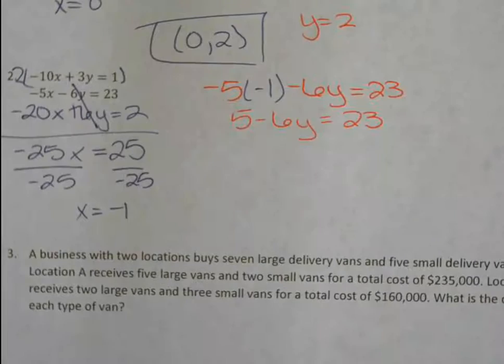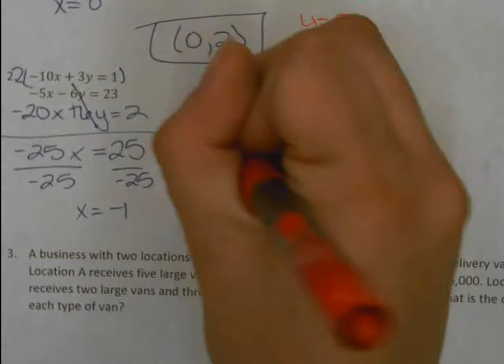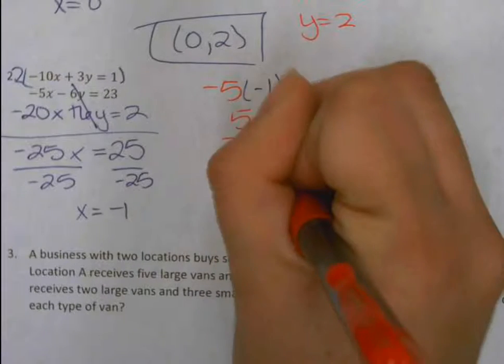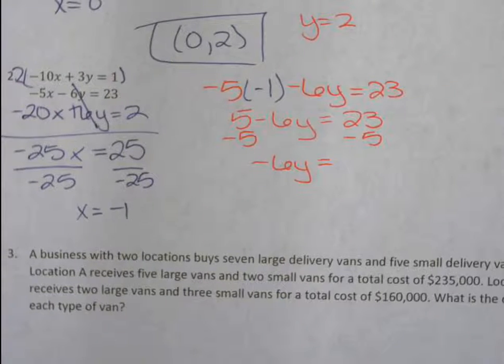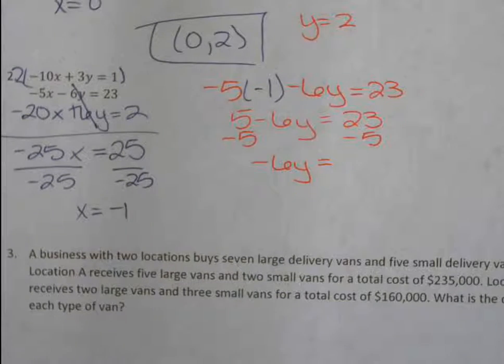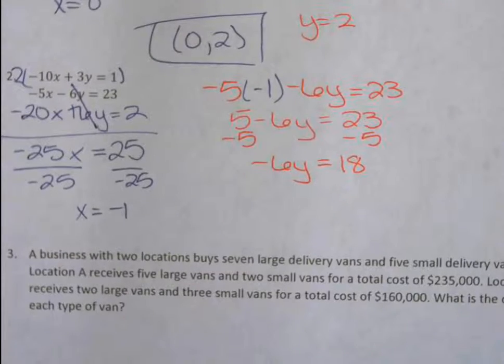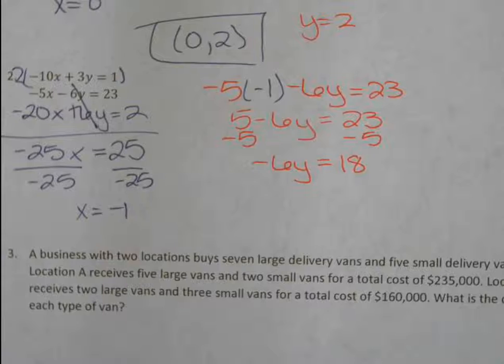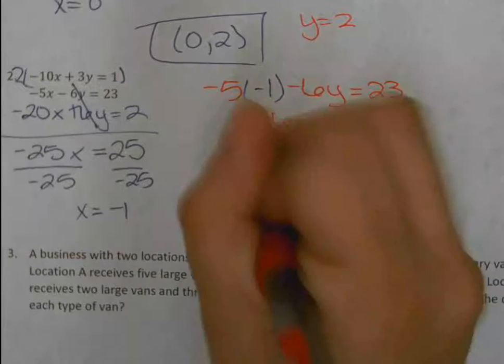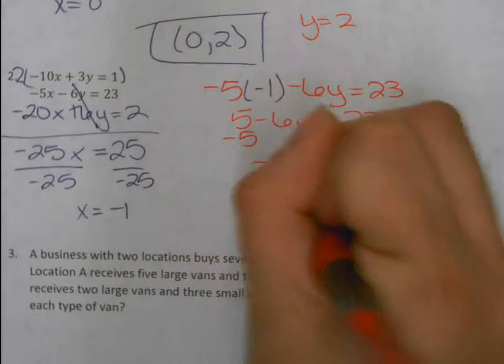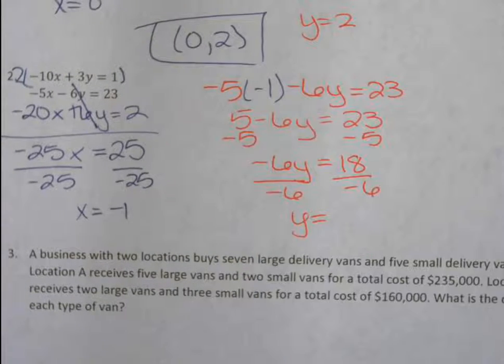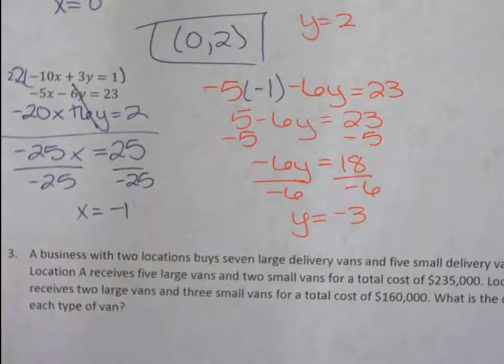Then what do I want to do? Subtract 5 on both sides. So I get negative 6y equals 23 minus 5. Try again. It's 23 minus 5. 18. Then my next step is to divide by negative 6. So y equals negative 3. And then my final answer is